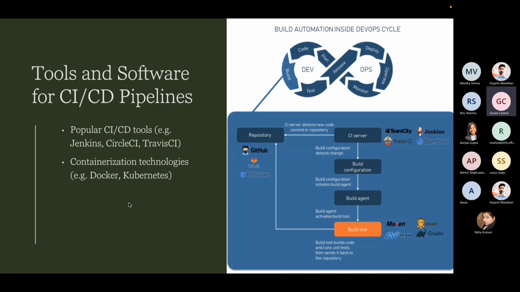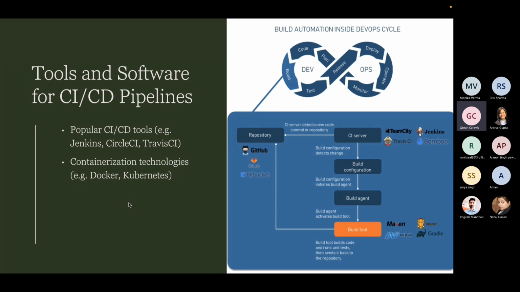Jenkins, CircleCI, and Travis CI are some of the most popular CI/CD tools available in the market. Jenkins is an open source tool that provides a lot of flexibility and customization options. CircleCI and Travis CI are cloud-based CI/CD tools that provide an easy-to-use interface and integration with other tools. It's important to mention that you will mostly be working with Jenkins because it's an open source program and it's free. Other tools are paid, except the containerization technologies,